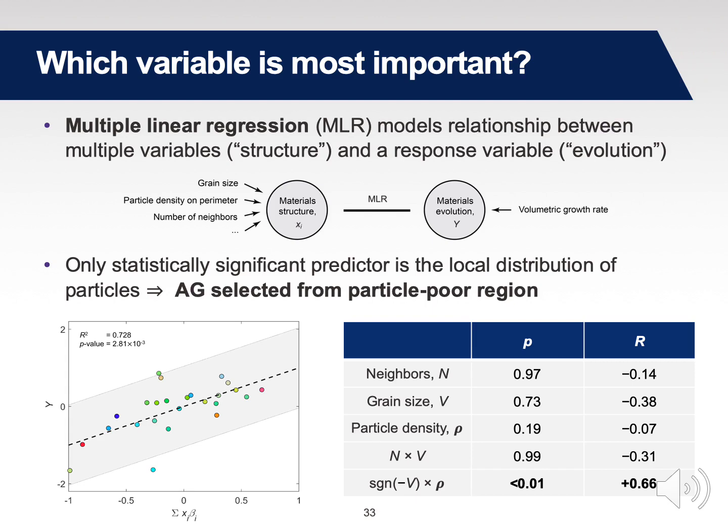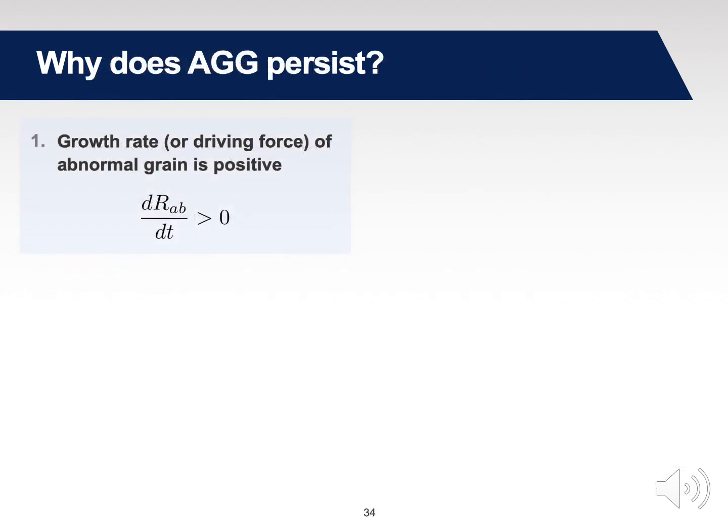So this tells us why the abnormal grain is selected in the first place, yet it does not explain the late stage behavior, namely, how does this abnormal grain grow once it is selected? How and why does it consume the sample volume? And so the question is, why does the abnormal grain persist as it encounters new grain neighborhoods? And so here we formulated this problem on a theoretical basis. Of course, an abnormal grain to grow must have a positive growth rate. It must have a driving force that is greater than 0.